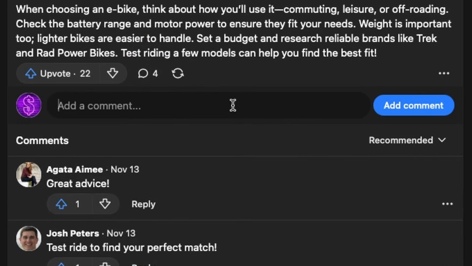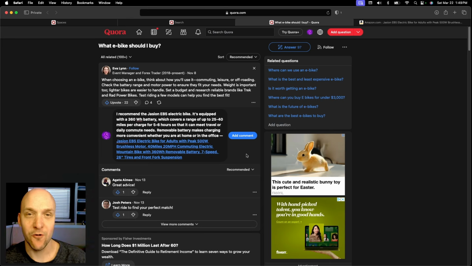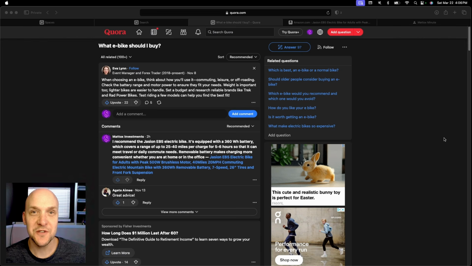So the first thing we want to put in here is a little bit of a description. This here is a great example of providing value. You're providing a basic description of what the bike is about and some of the features all wrapped into one. And then you put your Amazon affiliate link right after that. Now just imagine hundreds, if not thousands of people are clicking on your affiliate links that are routing back to Amazon. You're definitely going to be hitting 6 figures in no time at all.